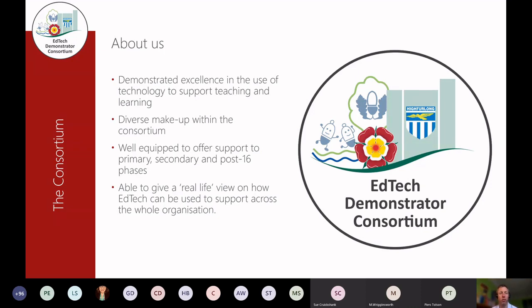Just a little bit about our consortium. The Demonstrator Consortium is made up of 3 separate schools, each one covering a different phase. So there's a primary school, a secondary and a special school as well. That gives us a diverse makeup, which means that we can offer a full range of support to all the primary, secondary and post-16 phases. And I'm hoping that we'll be able to give you a real life view on how EdTech can be used